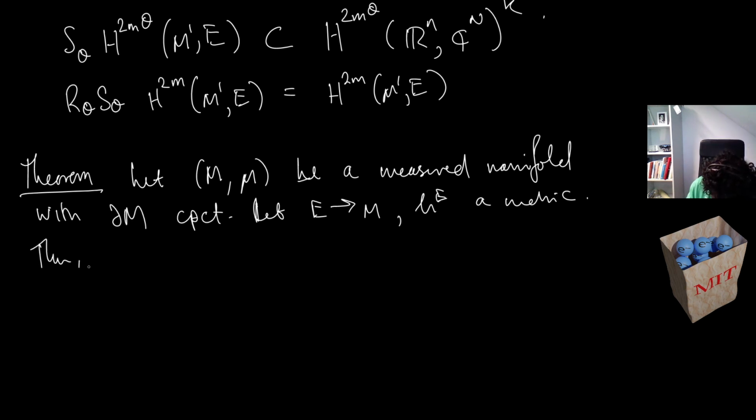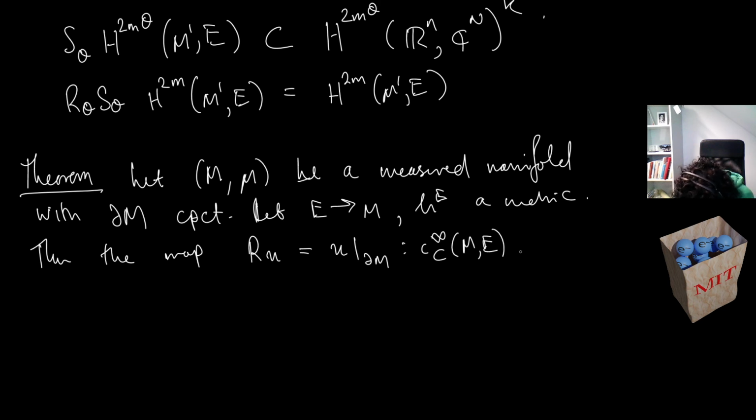Then the map R_U, which, so it was maybe a bad notation to use R in the previous theorem, or maybe it's bad to use it here, but anyway, we'll do it. So U restricted to the boundary. So this is a map on compactly supported functions on M to compactly supported smooth functions on the boundary. So this map is a bounded map